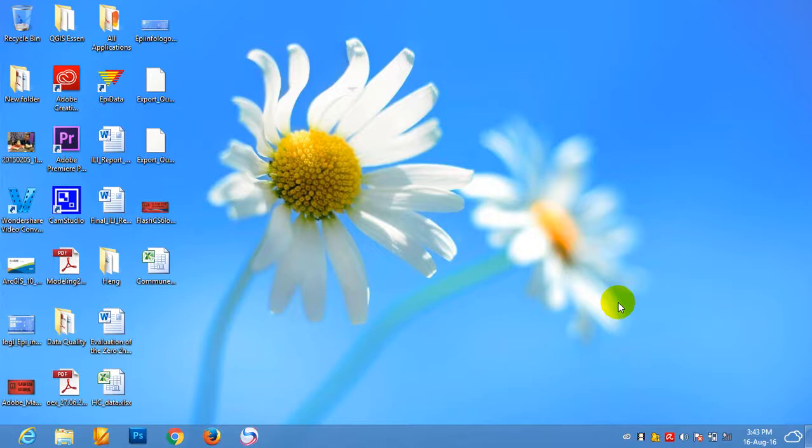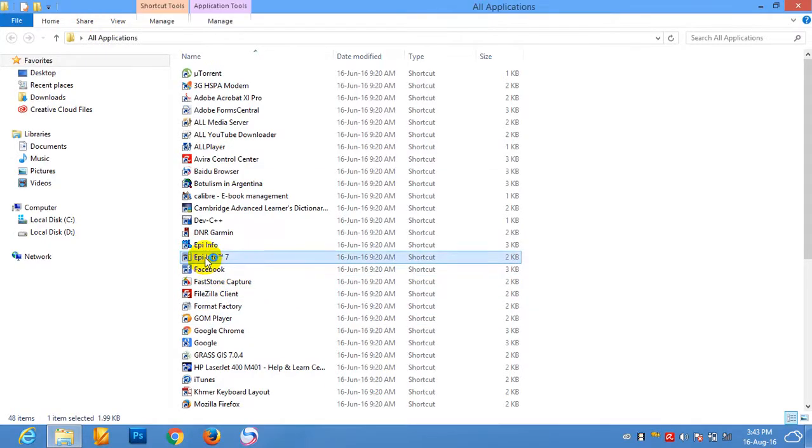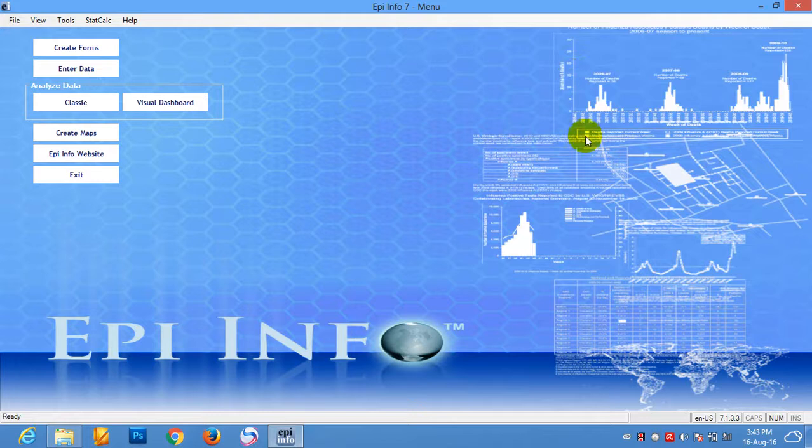So now we start to design a form in the Epi-Info7 software. We open the Epi-Info7 software first. Okay, here is the main menu of the Epi-Info7 software. To open the form designer, we can click Create Form from the Epi-Info7 main menu,